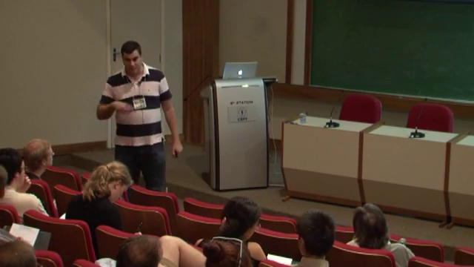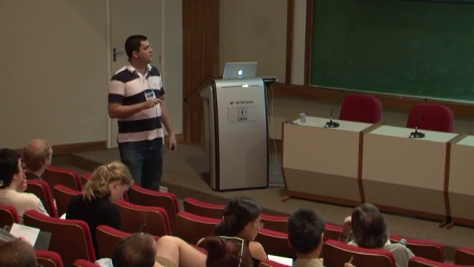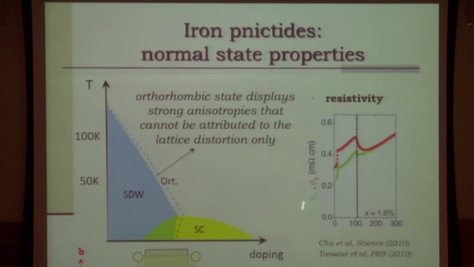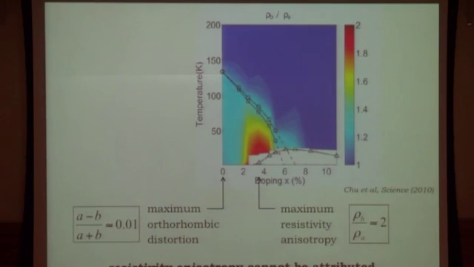Now, what they developed was a way of detwinning the samples, which is a very smart way, but I'm not going to discuss the experimental details. But this allowed us to look at the resistivity anisotropy, for example. You measure resistivity along A and B, and you see they are very different. Now, can we understand this resistivity anisotropy only because of the lattice distortion? The answer is no, we cannot. If you look at its size, this is a color plot. This resistivity anisotropy is more than 100%. Now the largest orthorhombic distortion is here, doesn't match the maximum resistivity anisotropy, and it's smaller than 1%. So then